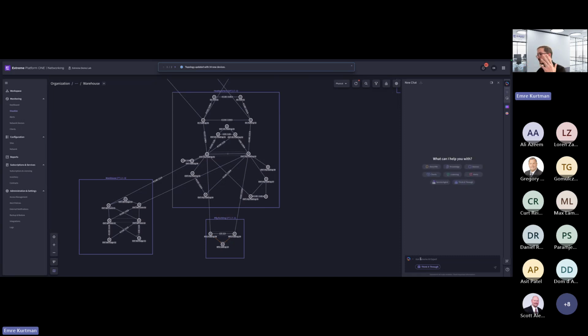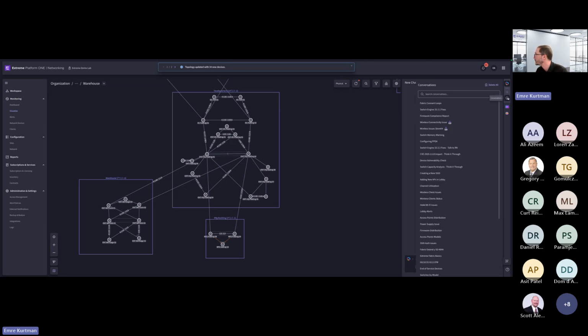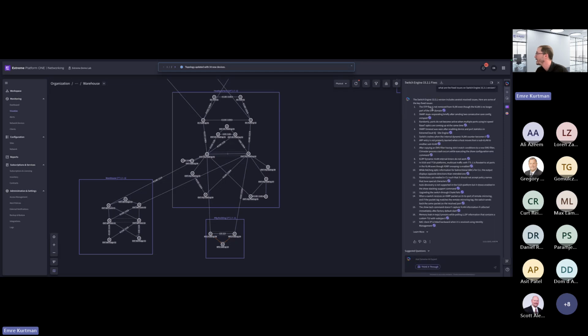The other use case might be, let's say you would like to upgrade the firmware of all your switches. First of all, obviously, you need to check the release notes. Instead of going through all the release notes, you can just say, or actually, instead of prompting because of the time limitation, I can pull this up.